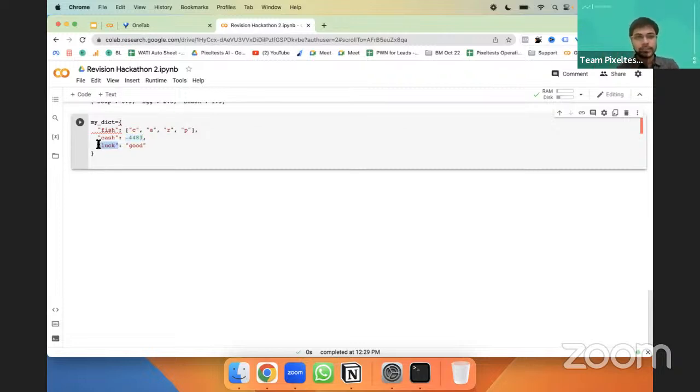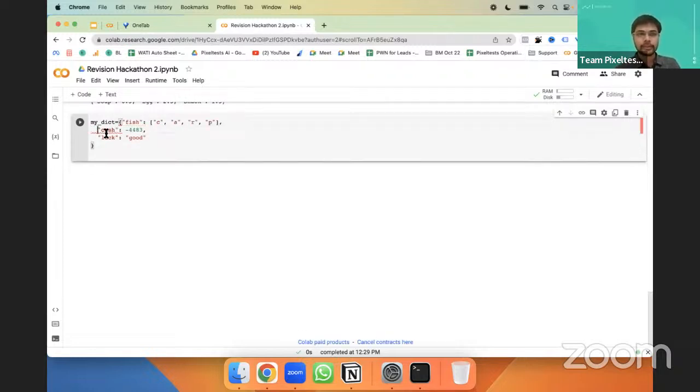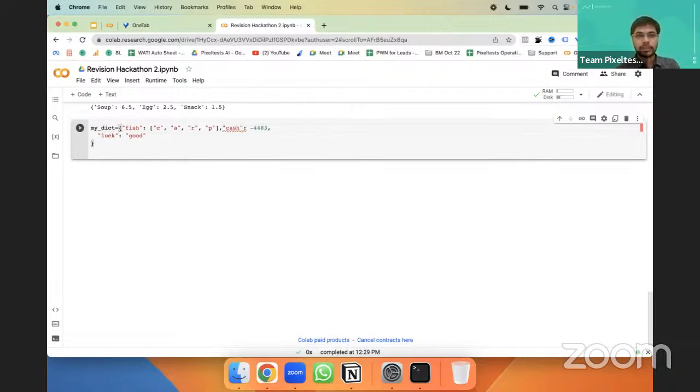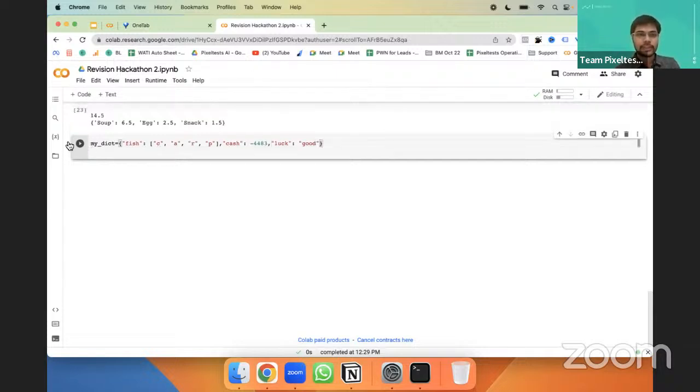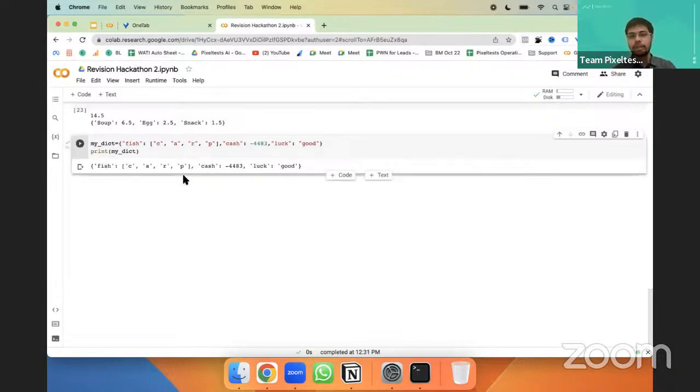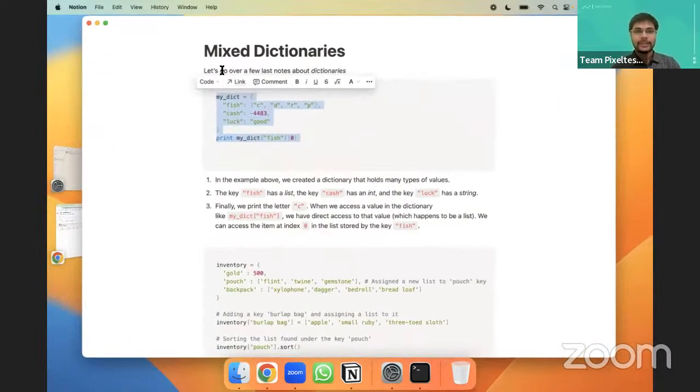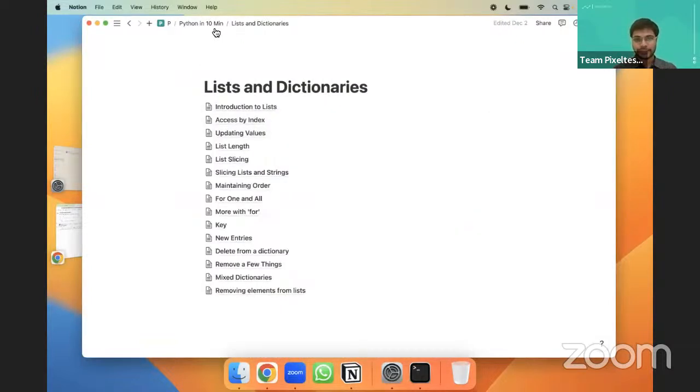In the next key we have another string. So you can see that this particular dictionary has mixed values. Let me put it all here. You can see the keys and values are not all of the same data type. To run it, right? So this is what is called a mixed dictionary.